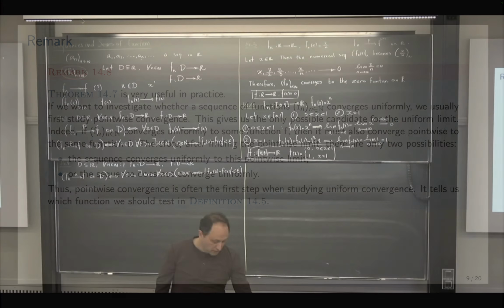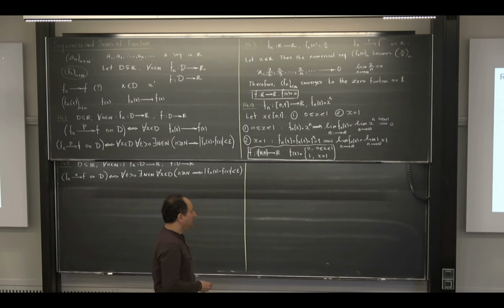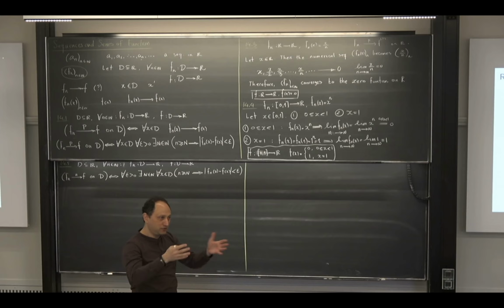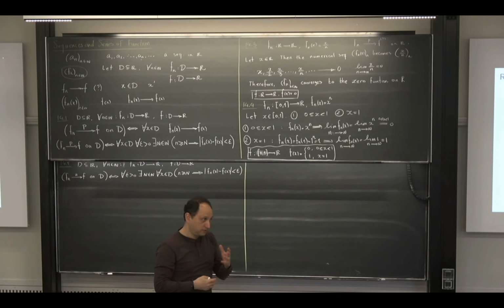Because you know why? Usually they give you a sequence of functions and ask your opinion. Do you think that this sequence of functions converges pointwise on D, on the domain? Usually when you want to prove the limiting process, having access to the limit is important, because if I give you the limit, then you can put it in the definition and try to adjust epsilon and delta in a way that it works for you. So this is very good.